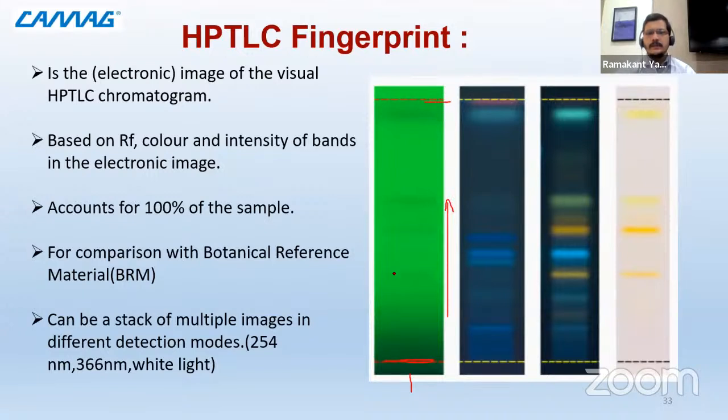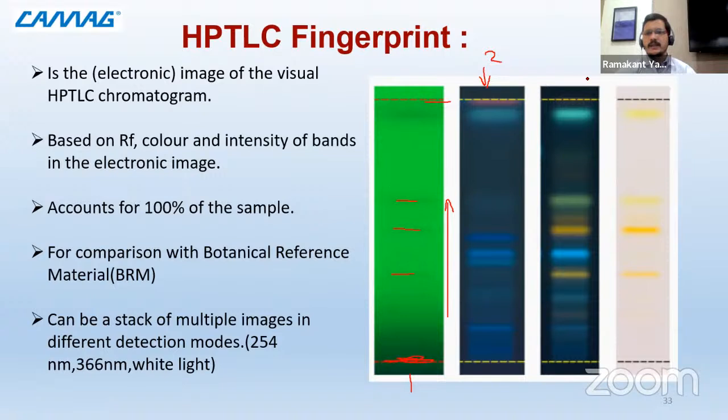After running the plate, we can see the separated bands here. So this track number 1 is the HPTLC fingerprint of this sample applied at the bottom under 254 nanometer UV light. This second one is a fingerprint of that same sample under 366 nanometer longer wavelength fluorescent UV light.